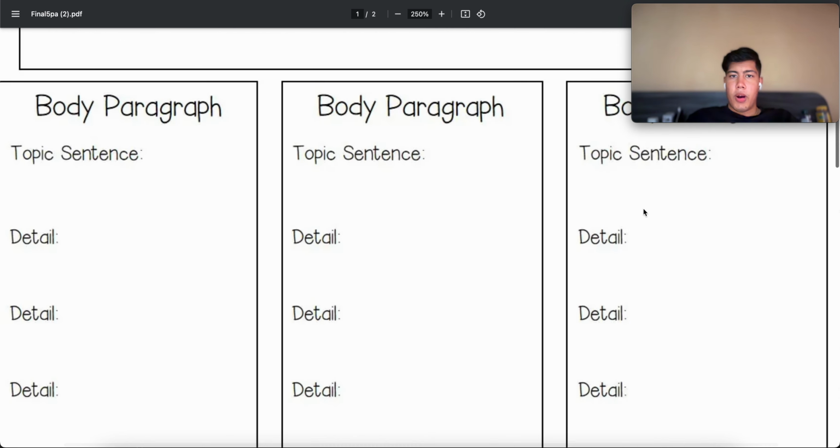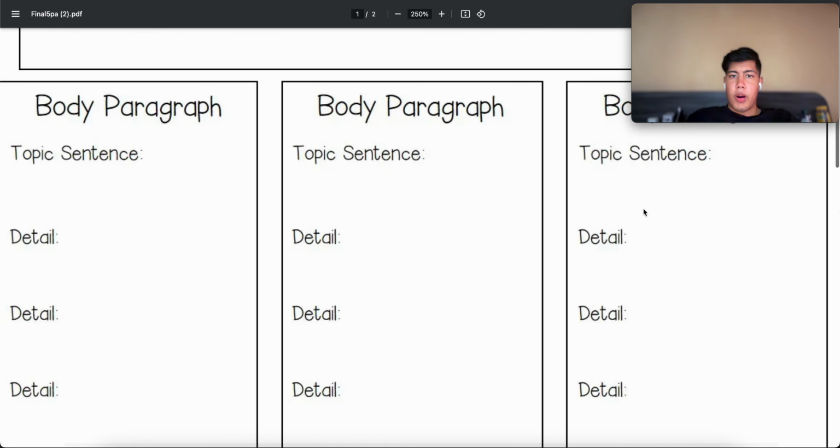And let's talk about how it would be like for a superhero. So I know, let's give a random superhero. Everybody knows Superman, so I'll do Superman. So the first topic sentence could be like, I could make the lives of a lot of people better through my super strength and invincibility. So, one of your examples could be like, I could use my super strength to help save people by moving things, stuff like that. And then another detail would be like, I could also use my super strength to help people build things, stuff like that. That's a detail as well.